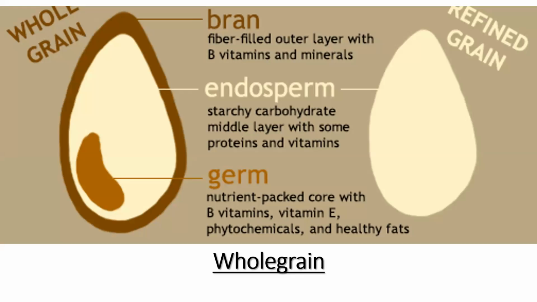So secondly, we're going to be looking at whole grains. So this is a diagram of a whole grain. Whole grain comes from cereal plants like wheat, corn, or rice. Grains are the seeds of these plants, and each grain is made up of 3 parts. So it's made up of the bran, which is the outer layer, the germ, which is inside of it, and the endosperm. And this is the starchy middle layer of the grain, of the seed.